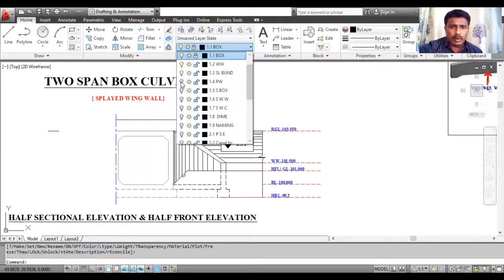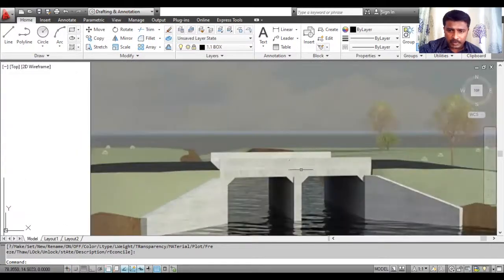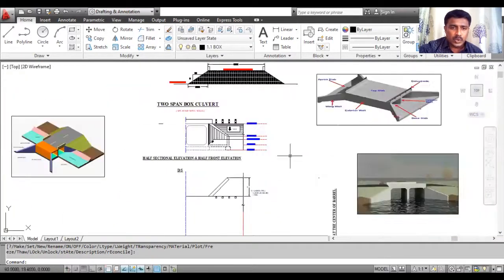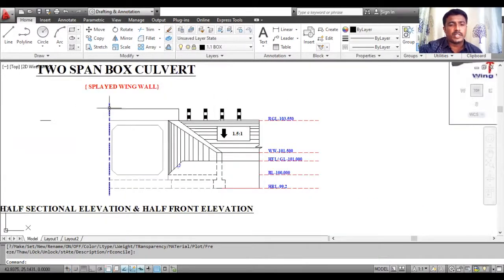So next, draw the parapet wall. If you observe in front, the height and length of the parapet wall is visible. The height is given: from the road formation level, the height above is 0.7 meter, and the length is equal to the width of the stream. So ee center line tanaka join ಮಾಡ್ತೀನಿ.